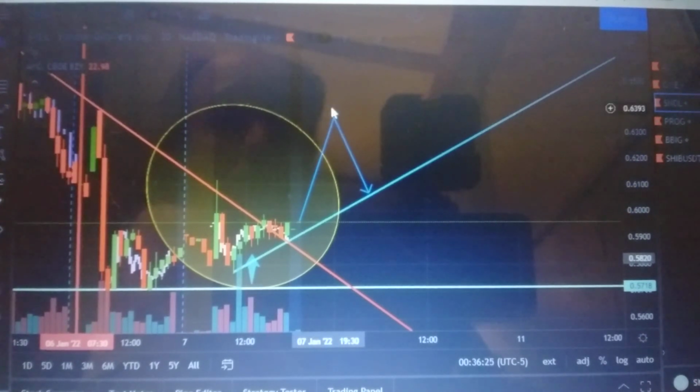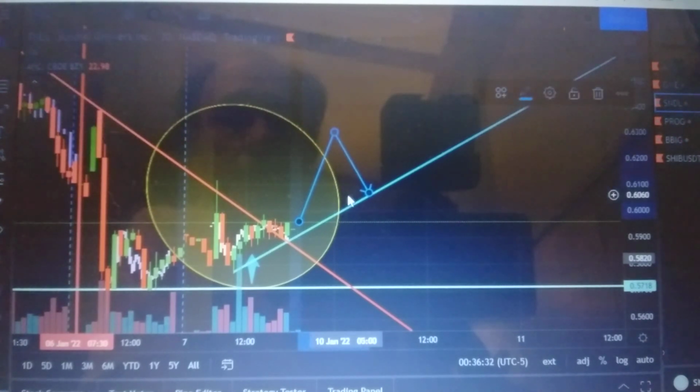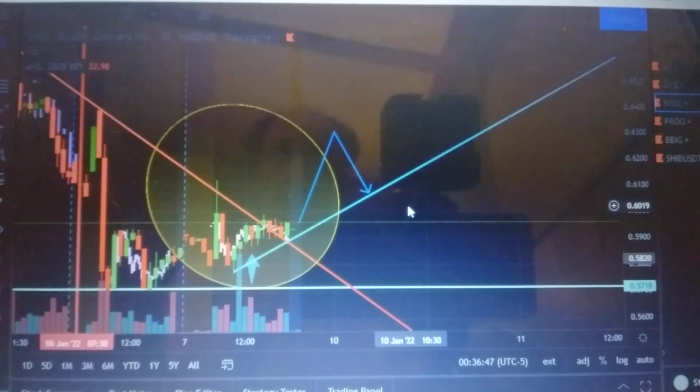Now, how high will it rip? I'm not sure, but I'd say let's be conservative and say 63. Or it could go on, but whenever it rips, just like AMC, it's gonna come back because it's not ready to go yet and fall to your support line, unless